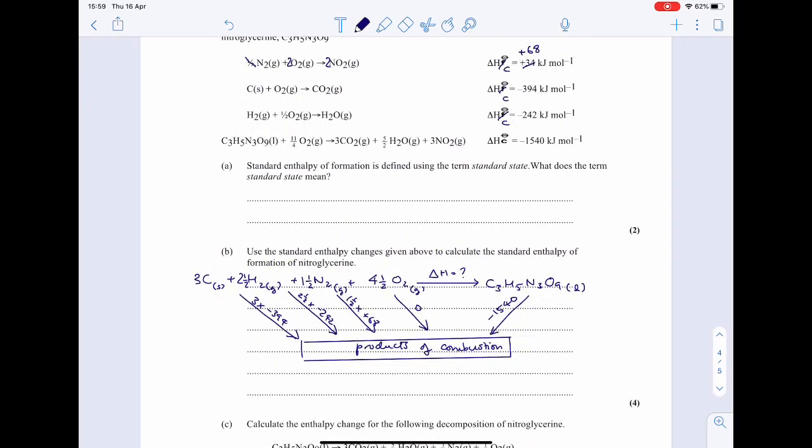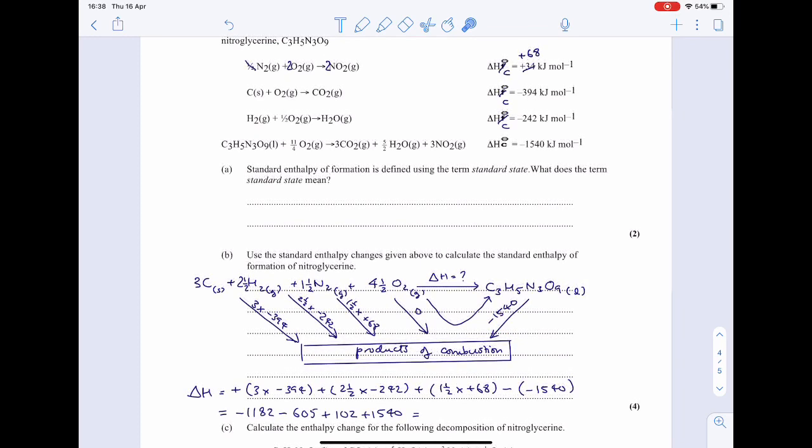I'm going to use Hess's law to travel from the left to the right of the equation. So I'm going to travel with the flow of the arrows here and against the flow of the arrow here. So with the flow of the arrow here, I've got a plus. With the flow of the arrow here, I've got a plus. With the flow of the arrow, I have a plus. So here I've left out the 0 in the equation because 4.5 times 0 is 0. It makes no difference. So travelling against the flow of the arrow now, I've got a minus,